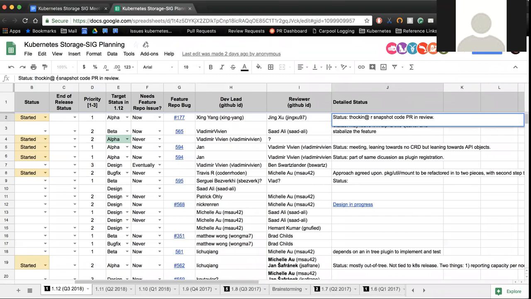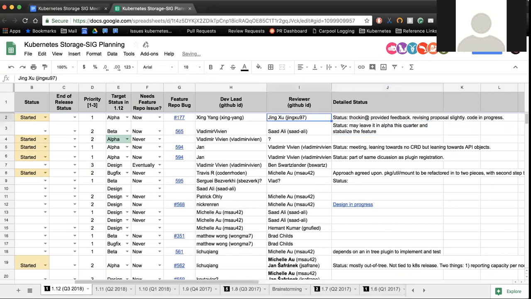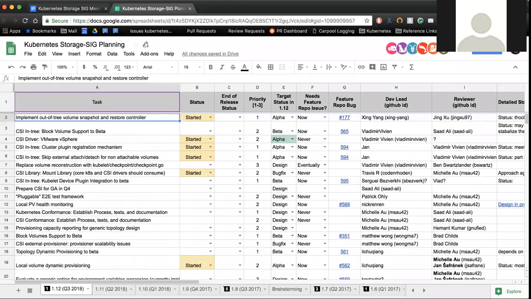Also, we're working on the API and controller code to address the review comments. Cool. Sounds good. So it looks like code in progress, and the proposal is in its final stages of getting reviewed. That looks good.